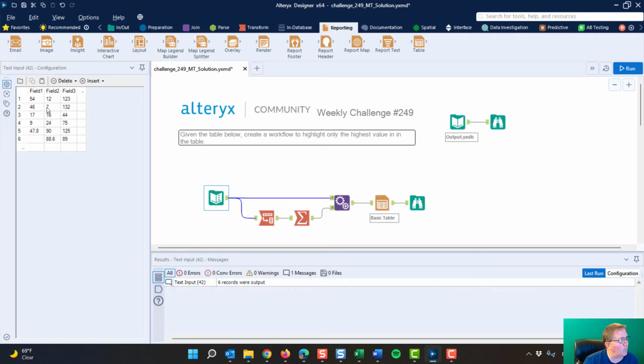We start out with this right here, and it's a simple enough table, Field 1, 2, 3, with a bunch of values and a missing value. The first thing we want to think about is, what is it we're trying to achieve? We want to know what's the highest number in all of this. Well, what's going to be the easiest way? The easiest way is going to be to put them all in a column and then identify what's the max